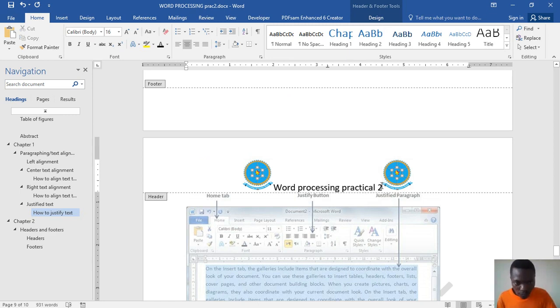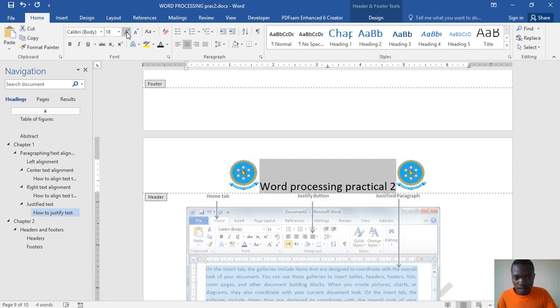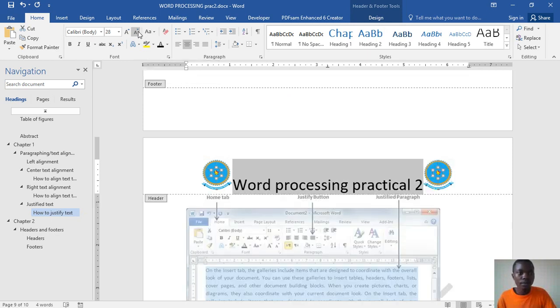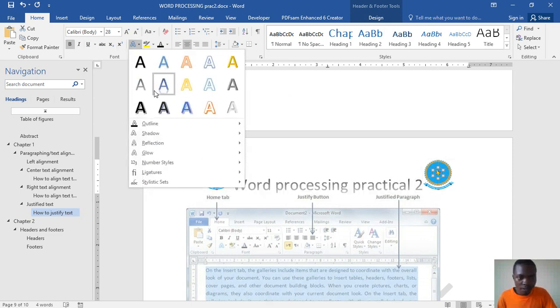So you see that my text is now aligned to the center, and I can zoom the text, and then the moment it overlaps or it goes to the next slide, I can reduce the size,